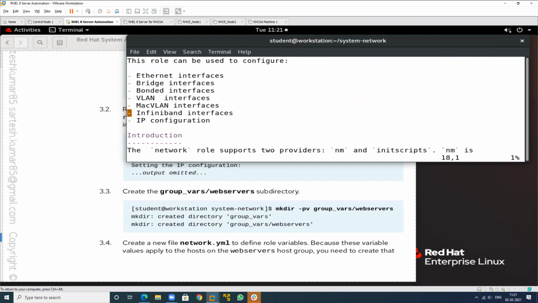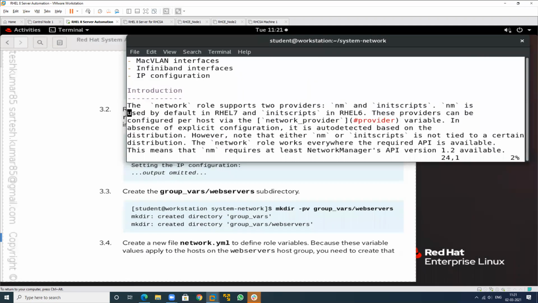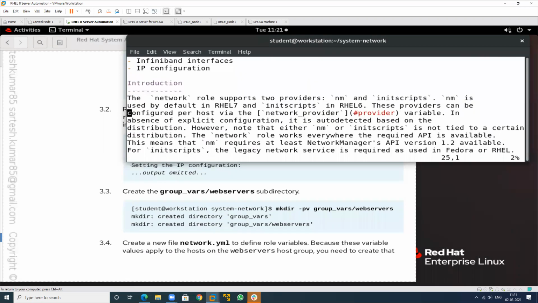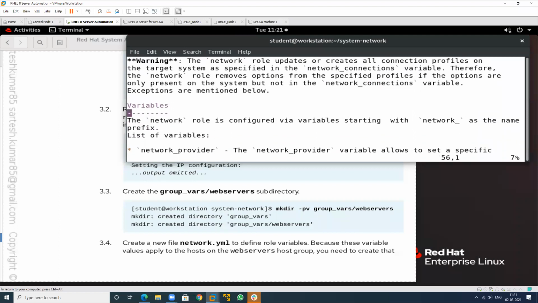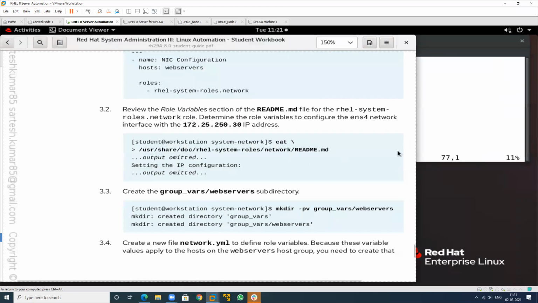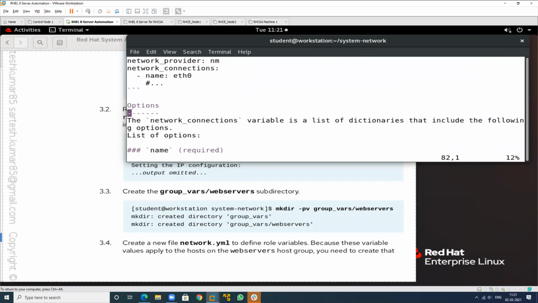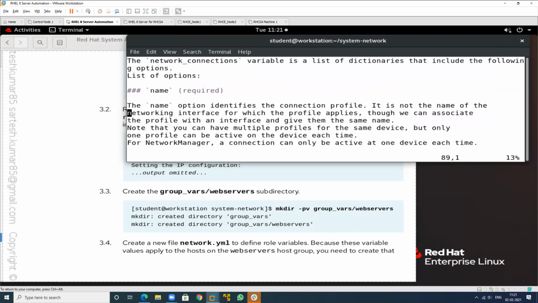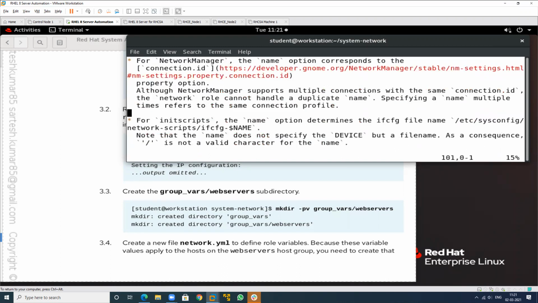This is the IP related information: introduction, IP connection variable. Okay, variables, these are all the variables. Setting the IP configuration. Where is setting the IP address configuration? We have a lot of things here.